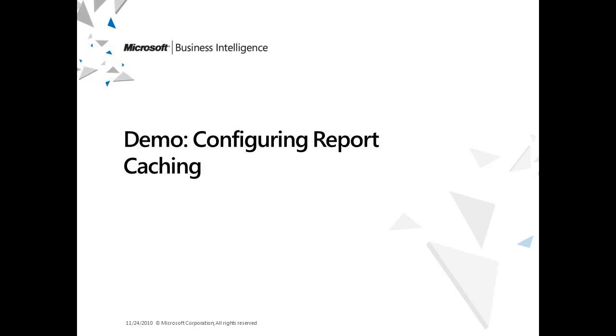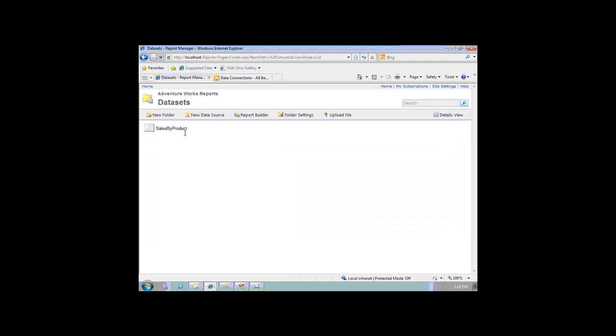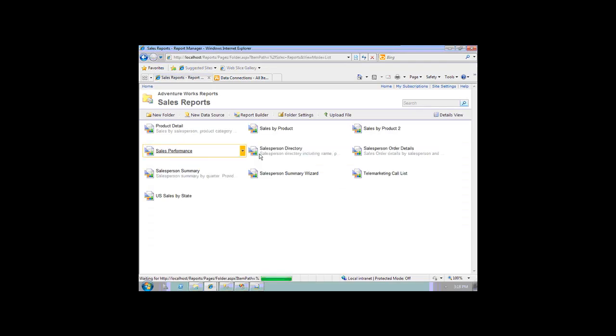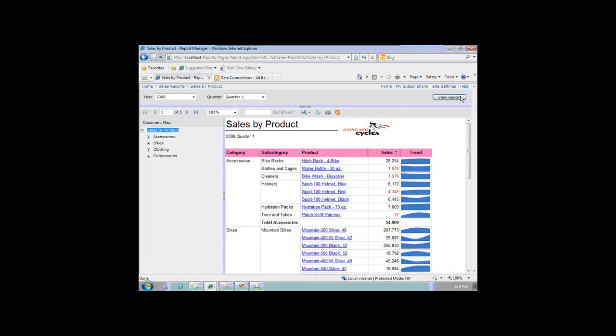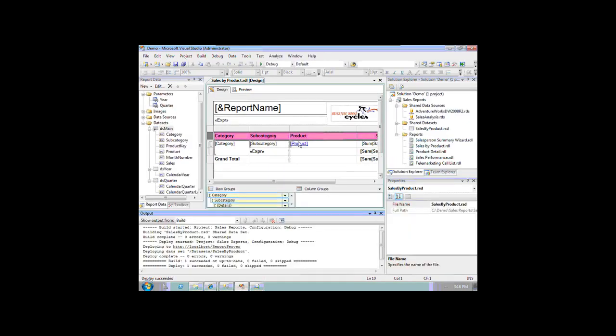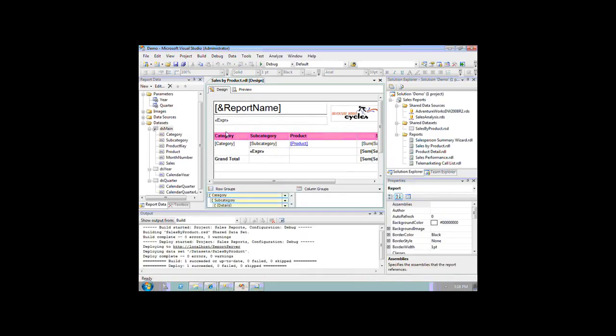So let's take a look at an example of configuring report caching. Taking a look at the first report that I deployed, this sales by product. When I make the request, it's actually retrieving live data right now to satisfy that report request. And to sort of make this clearer, what I do is I come to the report,